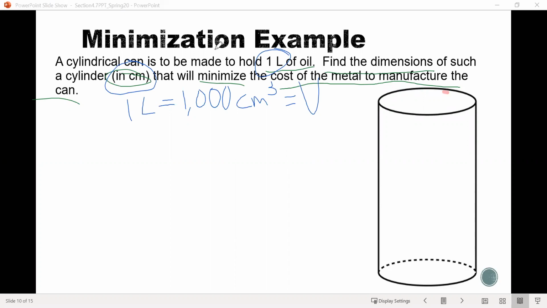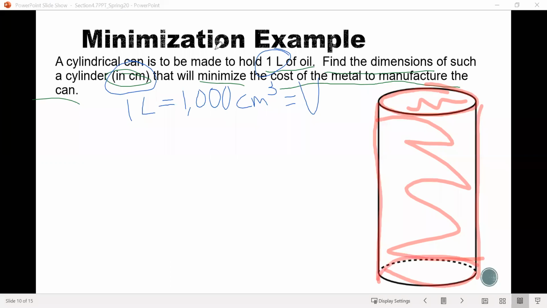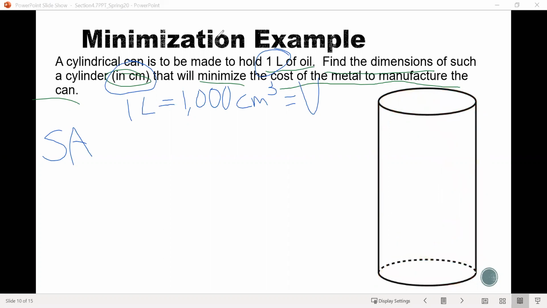So it really talks about the material on the outside of the can, right? Like the top here, the piece that is wrapped around the outside here, and then this piece on the bottom. So what are we referring to there? Well, that would be what we call the surface area. Because the amount of metal we use is really going to correspond to the area around the outside of